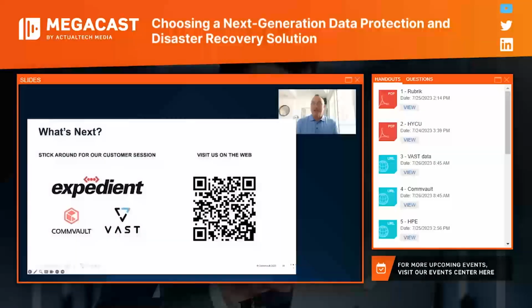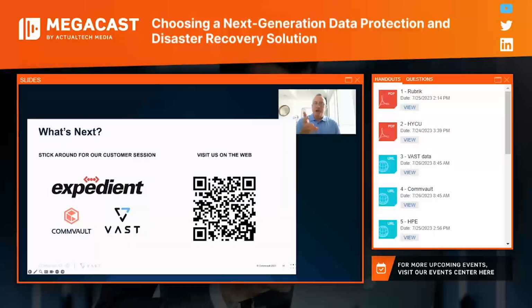And lastly, in closing, I'm sure we have some questions to follow, not just to stick around for Expedient, but also wanted to make sure that you understand that as part of this partnership, we are going through the efforts with the work that we're doing in the lab to put together those best practices and the simple settings and architecture and design that would be required and necessary for a Commvault and VAST solution. You do not have to go it alone.